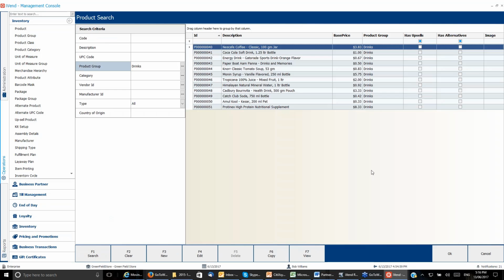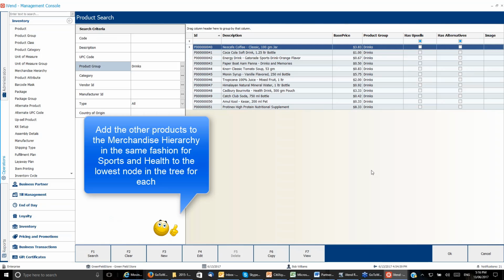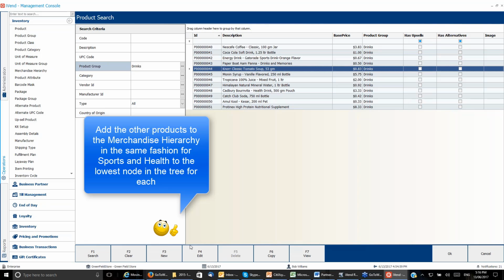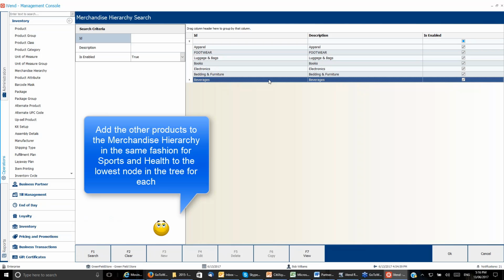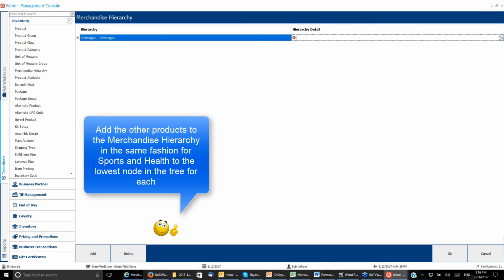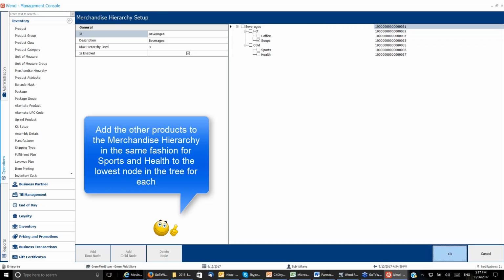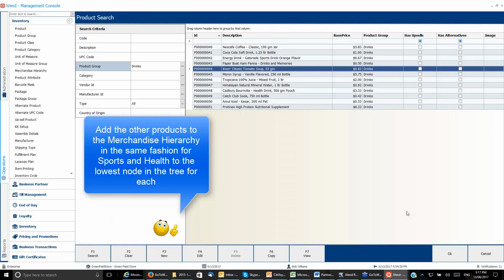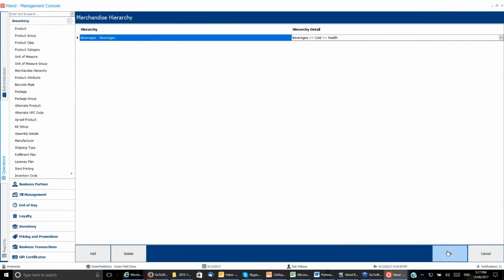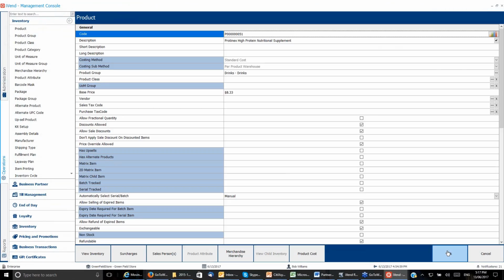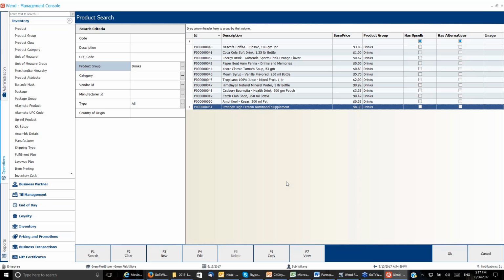Now the next product, let's quickly add in the other products that we want to add to that hierarchy. So the next one was a soup, and we're looking at product 44 for that. So let's go in there. Merchandise hierarchy, add, select beverages, OK, and soups. And we want to add sports drink, and you can see how quickly we've added those in. Click OK. Okay, so we've got our hierarchy, we've got our products in our hierarchy, and what we need to